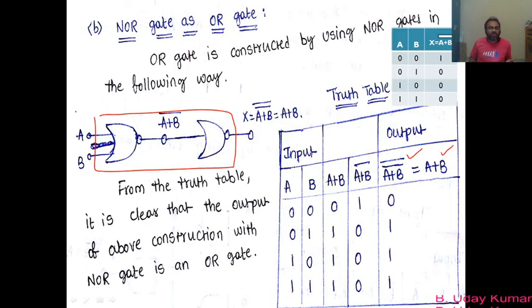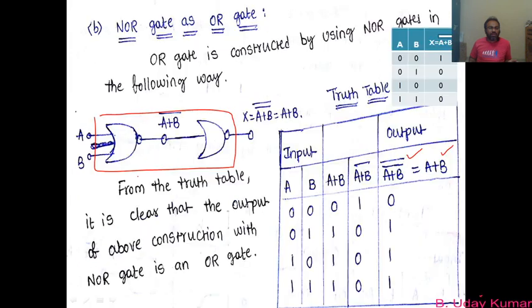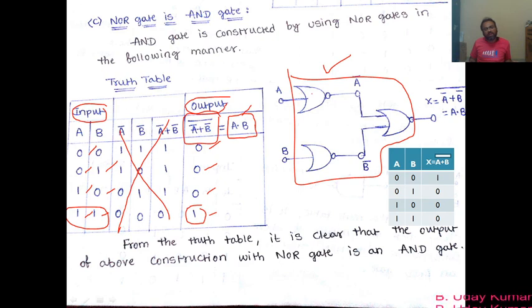Okay, so have a look at this. This is a NOR gate. When the inputs are interconnected, it acts like a NOT gate, and when two NOR gates are connected in series, one after the other, it acts like an OR gate. This is what you have to understand. And if you take three NOR gates and connect them as shown in the figure, it acts like an AND gate. So this is what you have to understand.